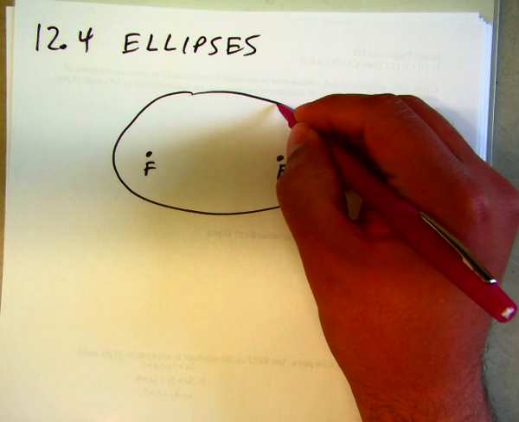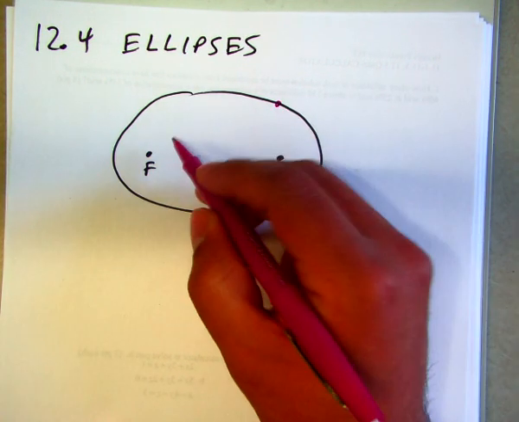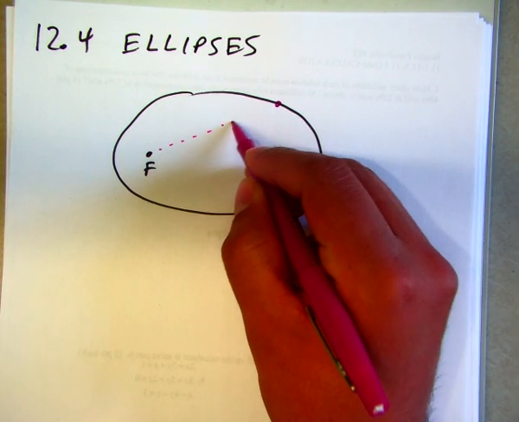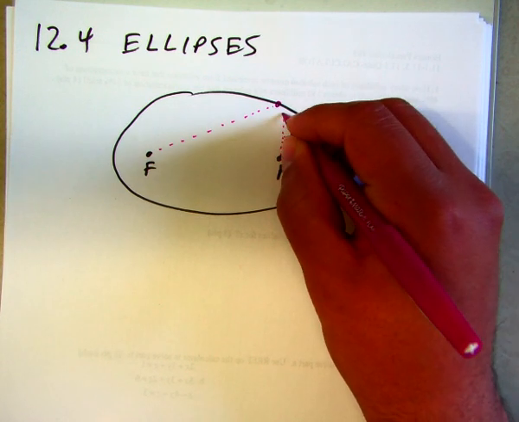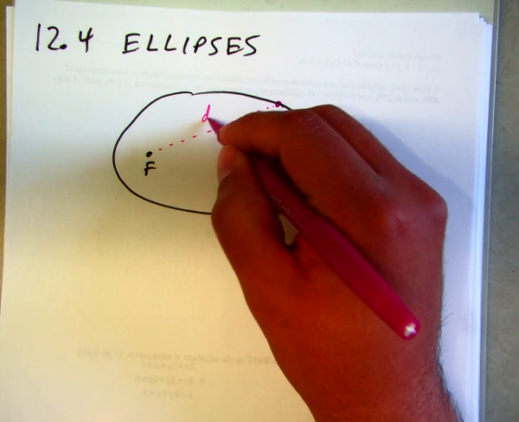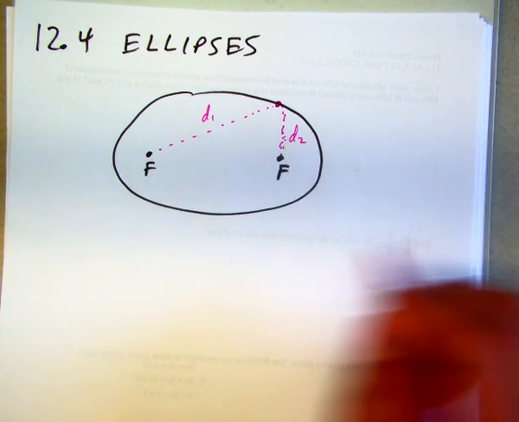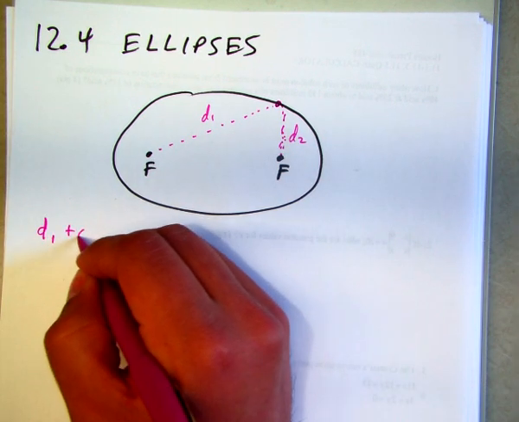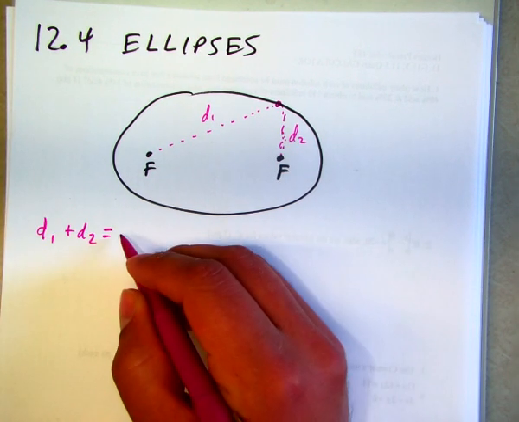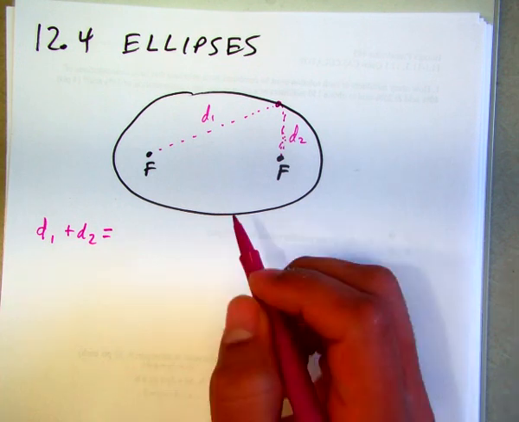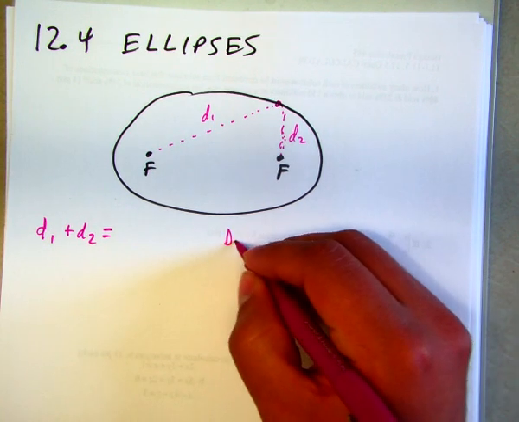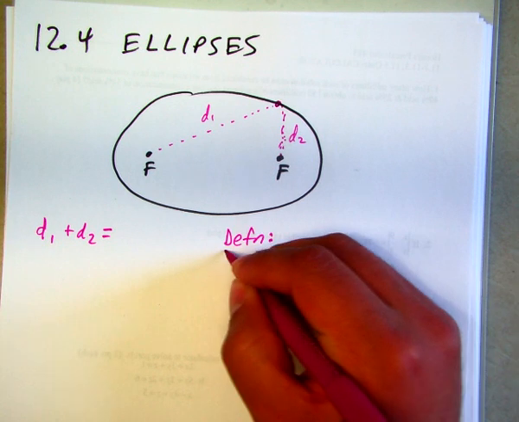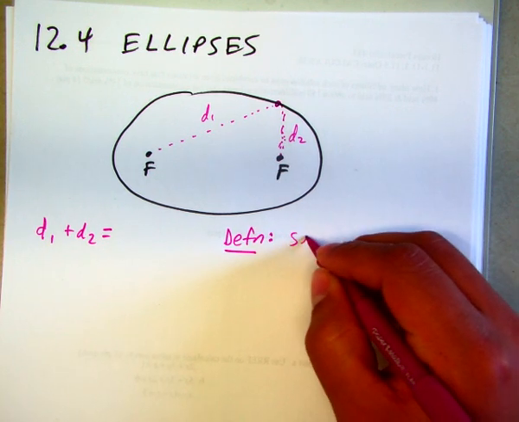And we said that if I connect focus to any point on the ellipse, let's say this is D1 and this is D2. When I add D1 and D2, I always get the same thing. And we'll fill that in a minute as far as what that looks like. Here's the actual definition in words. It's the set of all points